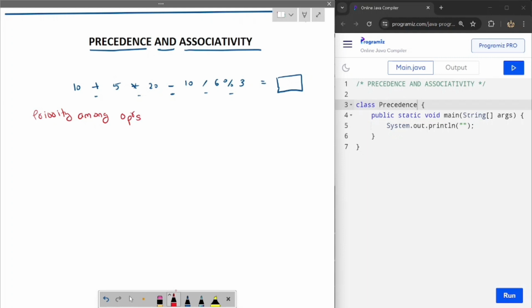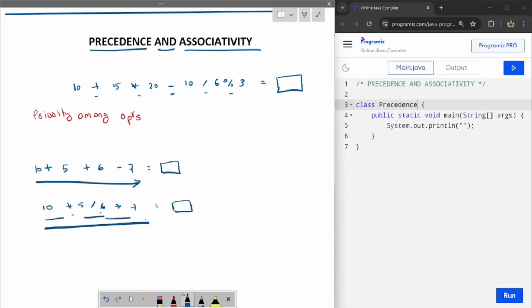and associativity means, suppose you have plus and minus in a single question, like 10 + 5 - 6 + 7, then the equivalent you can find easily, because you will do the operation from left to right. Same if you have multiplication and division, like 10 * 5 / 6 * 7, it will be easy, because multiplication and division have the same priority. If you start here or here, you will get the same answer. So left to right is a better manner, isn't it? This left to right order is nothing but associativity. Priority means